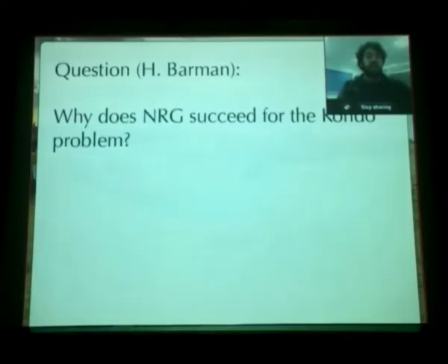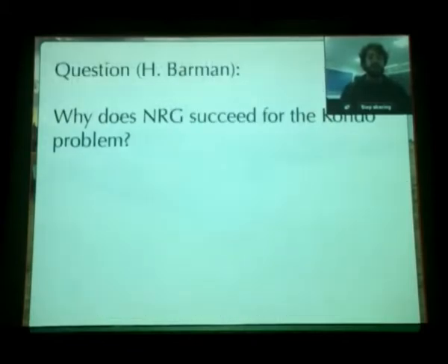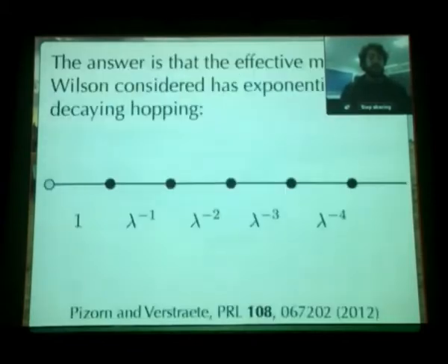The first one is, why does this numerical renormalization group method that Ken Wilson first used, why does it succeed for the Kondo problem if it has this issue about treating boundary conditions too crudely? So it does have that issue, and so this slide is supposed to show you why it succeeds. Most of the talk I was pretty careful about not putting things in the corner, but some of it is covered up. But the idea is that Wilson began his study by first mapping the, I believe it was a 2D or 3D Kondo problem,